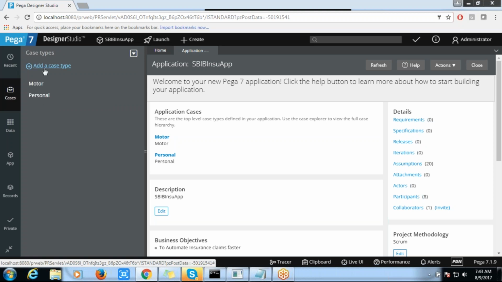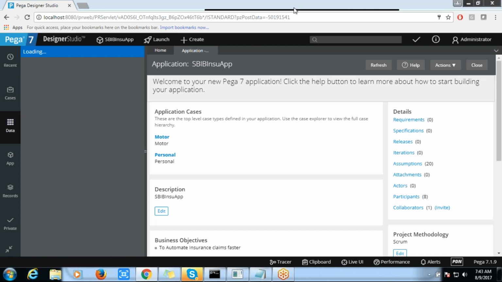Cases are the case types which are available in your application. We have created 2 sample case types. If you want to create case types for your requirement, you can just click on add case type and specify the number of cases that you require. Data is similar to the data type.